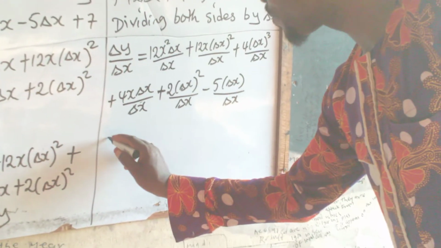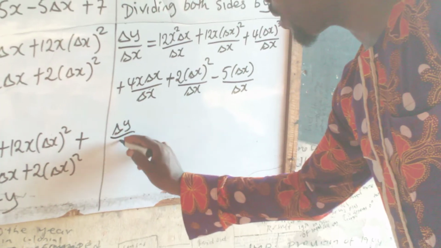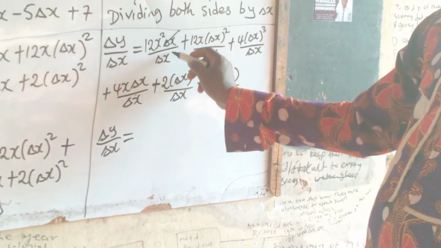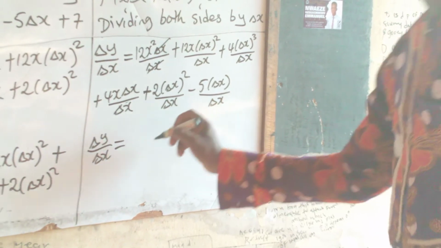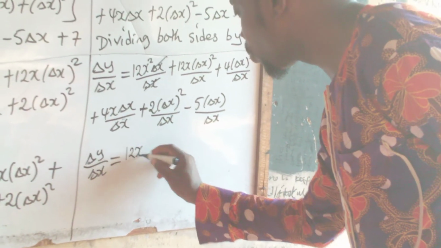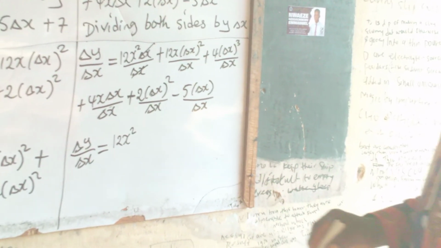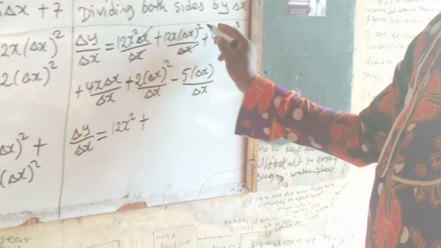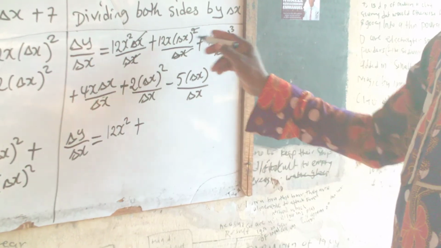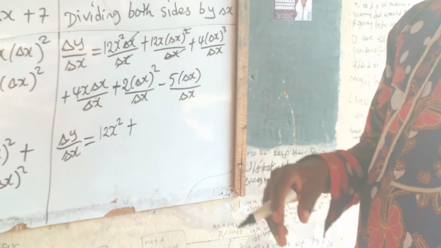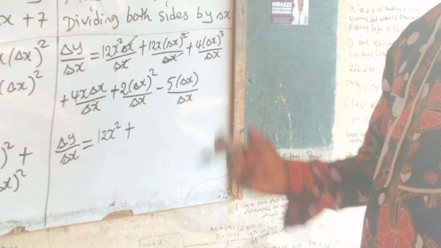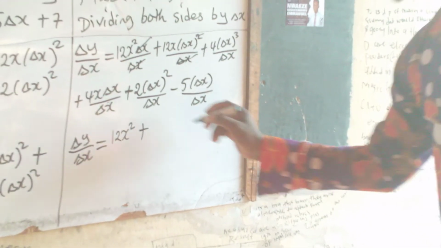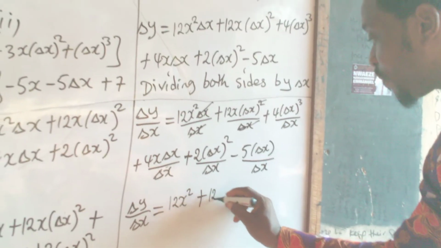You now have change in y over change in s. This change in s will cancel this change in s. You will now have 12s squared plus, this change in s will cancel one of these, it will remain 2, because change in s squared means change in s times change in s. That is change in s in 2 places. So 1 will remove 1. So we now have 12s